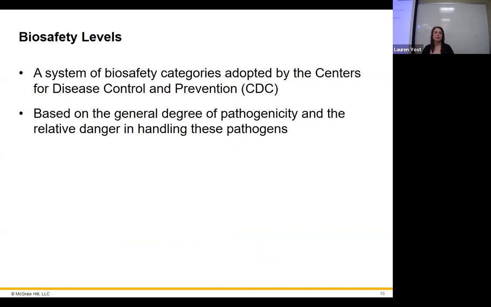Okay, so let's move on to the biosafety levels. We know a little bit about this. We talked a little bit about this in the lab. Our lab, by the way, is a BSL-1 lab, okay? This room, no matter what Dr. Shearer might try to tell you, this room is a BSL-0, okay?